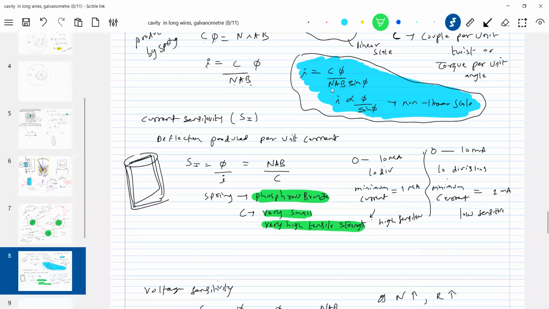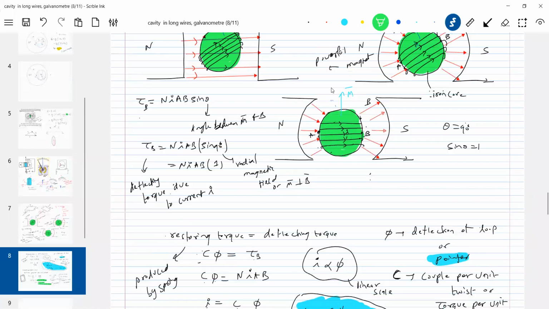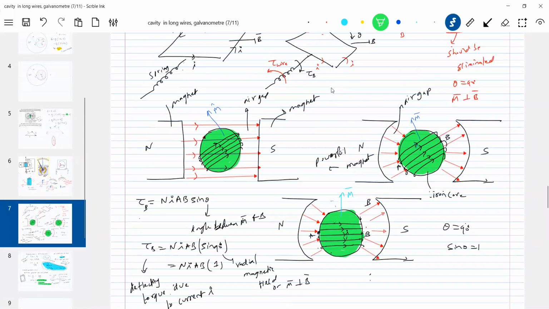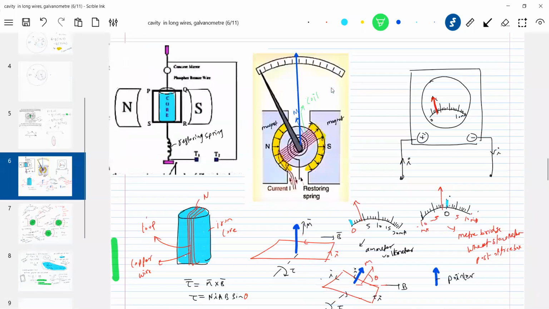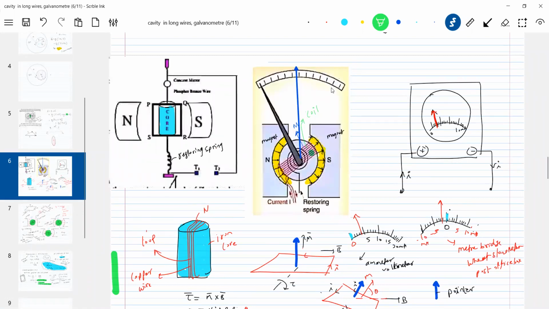Now this total galvanometer will offer some resistance, no, to the flow of current. So I should find out the galvanometer resistance. How to find out? So what is the method? Where all will the resistance come from? Resistance of this coil, and also a current should flow through this spring, because the overall setup will be like this. The current will pass through this particular thing, then the connecting leads inside here from the coil to this particular thing.